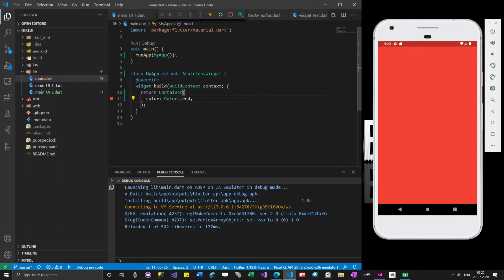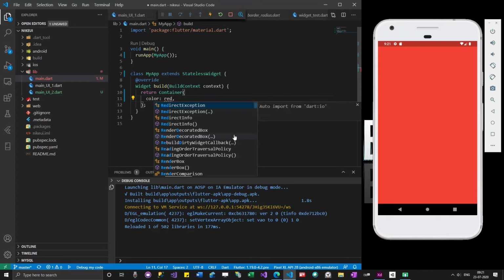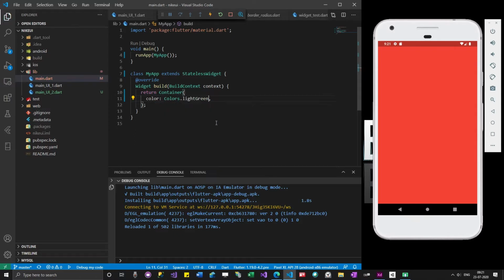One more thing, guys, like I typed Colors.red, right? Instead I can do something like this. In my previous classes we said that whatever comes to your mind, just type it and then see what it suggests. For example, if I want to get a red color, I will type red, but there is so much stuff with red. This is not that helpful, so let me type something like green, and you can see that it is actually showing some suggestions over here. I can just click here and then everything has changed to green. So this is how you use code suggestions.